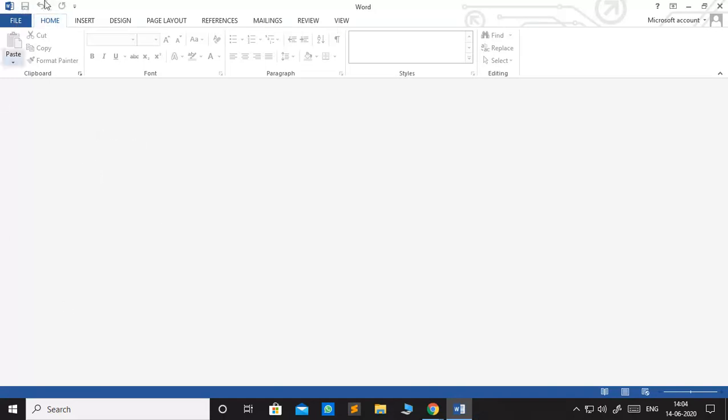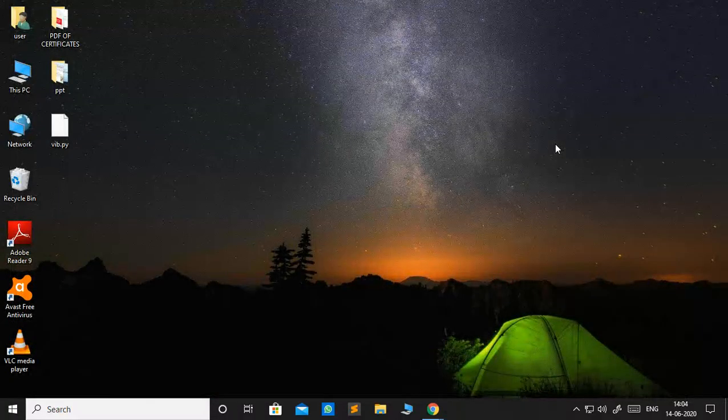Children, you also know how to close the application from here: as you see on the top right corner there is a close button, the cross button. You can click on this also, but now because we are doing it with the shortcut key, we are using Alt plus F4. So you see my file is closed. My MS Word application is closed.